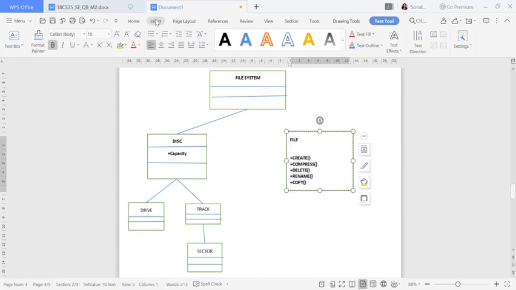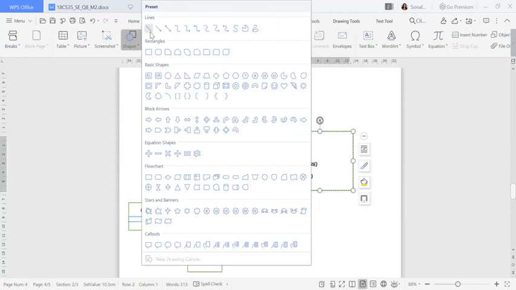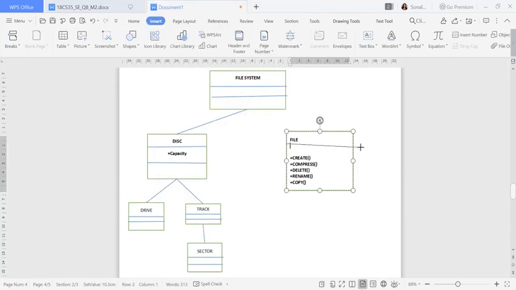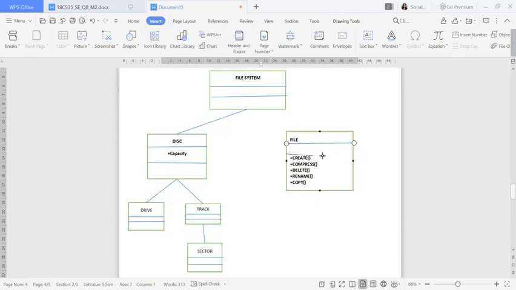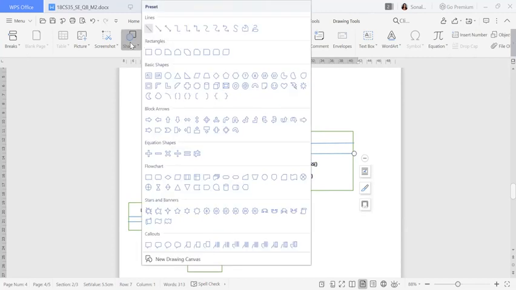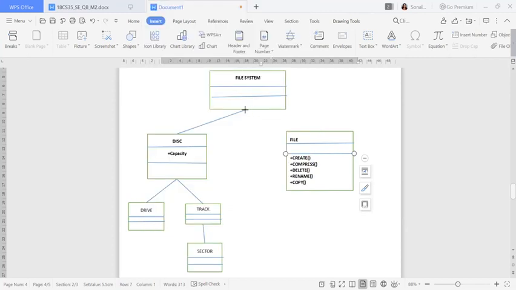I'll give the divisions now. So after file, I will just give the divisions in this way, because attribute names I have not written. These are my function names. So inside this, if you have any attribute names, you can write them down. The next thing is that the file has to be connected with your file system. Now this file, according to the question,